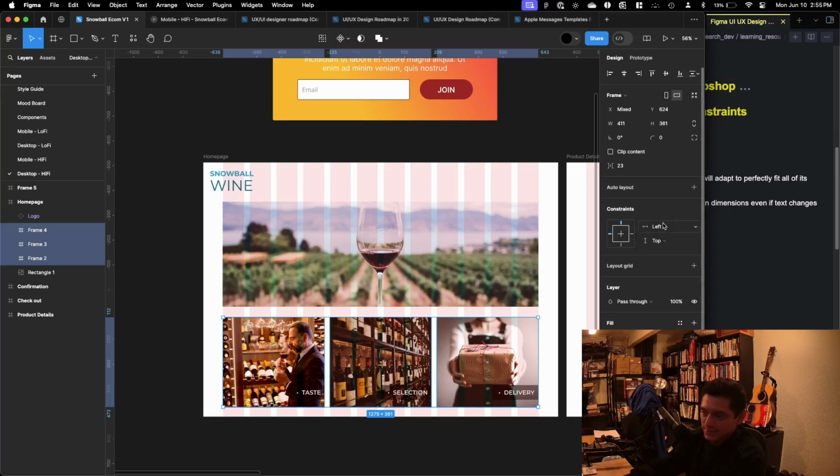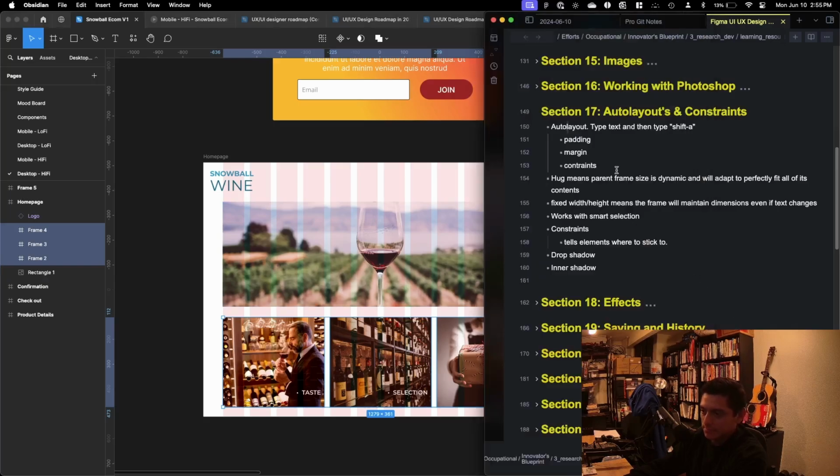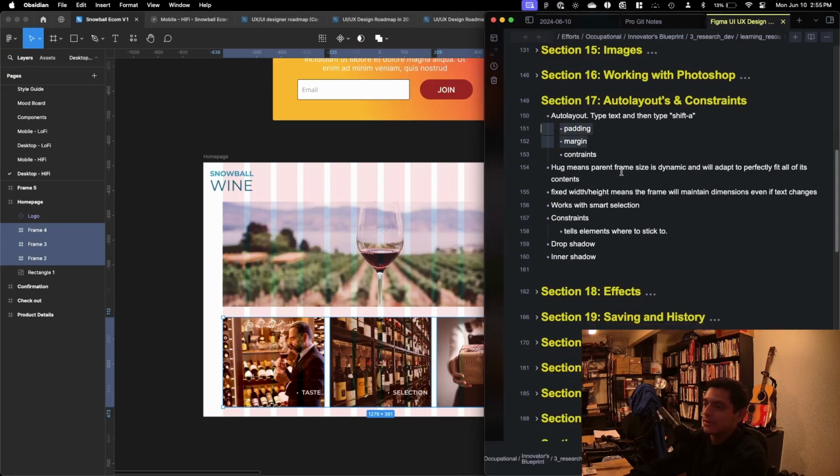And so this is the same thing. Or even with web pages, you have positions, relative or absolute. So here's a way to set constraints and tell an element or an object where it needs to be. You can have padding, margin, and yeah,